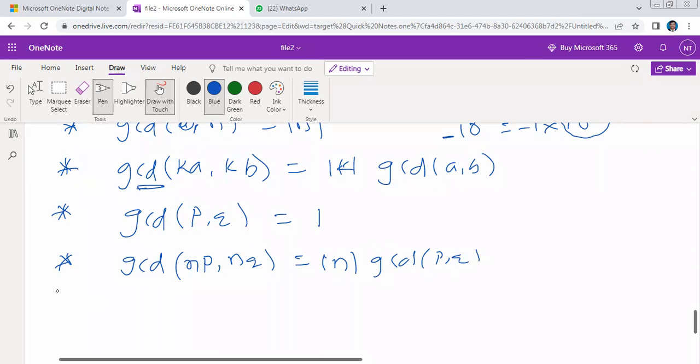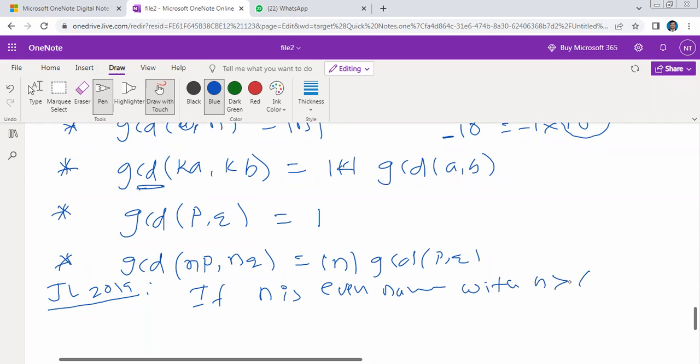I showed you the JL paper, and I am giving you the question from it, the 2019 question. If n is an even number with n greater than 6, then there exist two prime numbers P, Q such that,